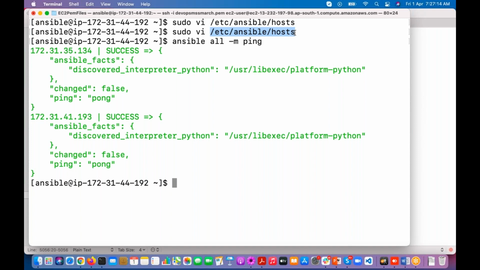Suryakumar, alias Suresh Kumar, is asking, sir, please explain the ansible all -m ping command. Ansible is the command. All means whatever servers you have mentioned in the host inventory file, you can ping all of them. Here -m is a module, and ping is one module name. Clear? Anybody have any questions?